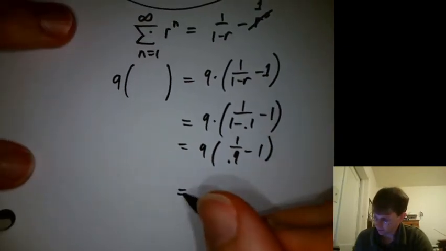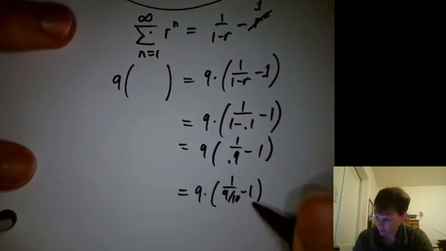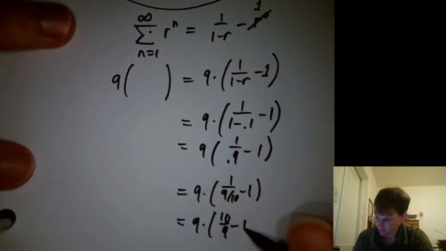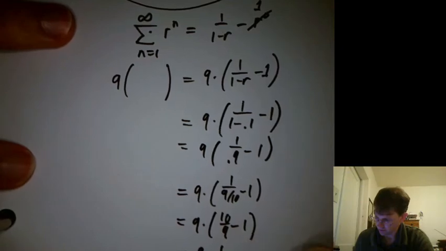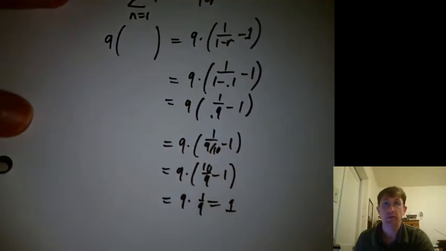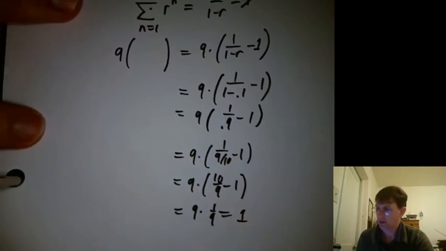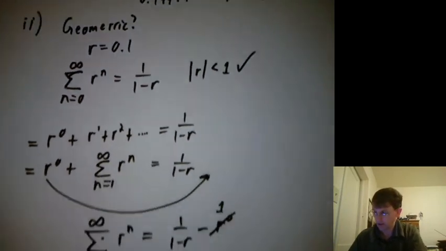And we could write that as 1 over 9/10 minus 1, which is 9 times 10/9 minus 1, which is 9 times 1/9, which is 1. And so this geometric series converges to 1, but we also saw it converges to 0.99999,